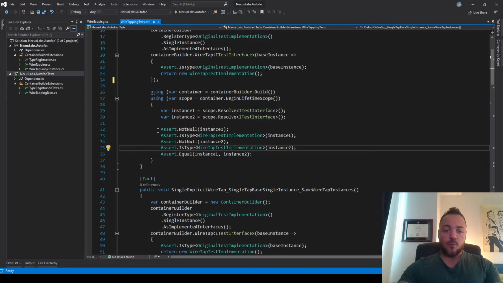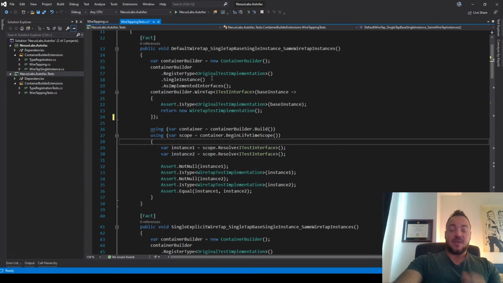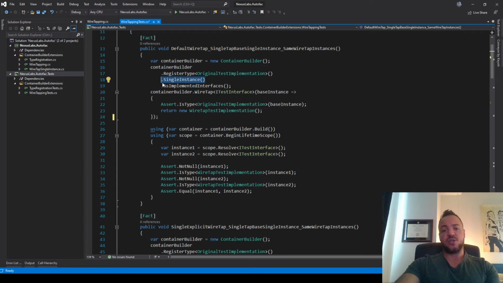And then the interesting part is this last line, where we check that instance 1 and instance 2 are the exact same reference. That happens because I made the default behavior, when your base registration is single instance, that your wiretapped instances will also be registered as single instance behind the scenes.